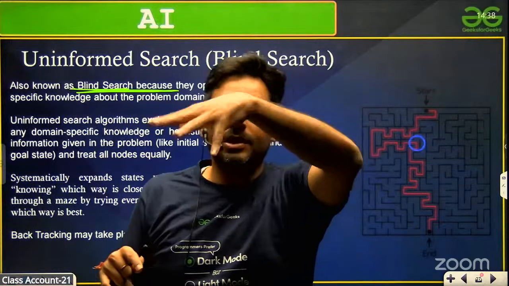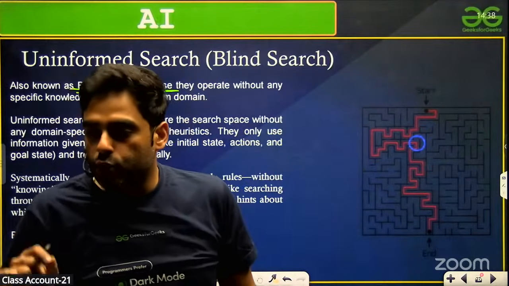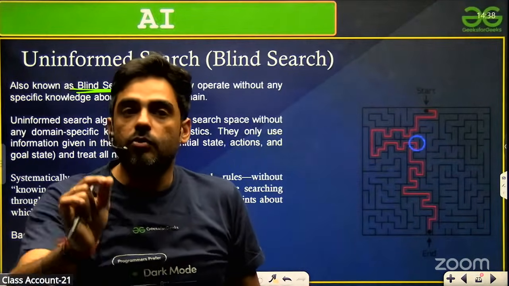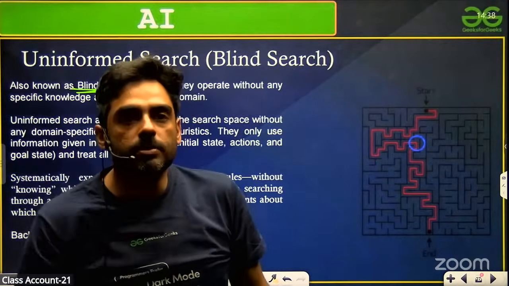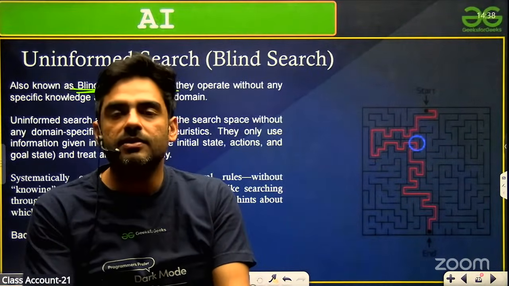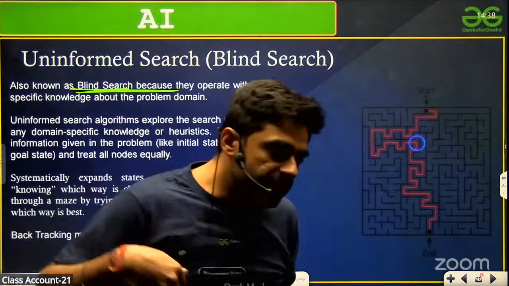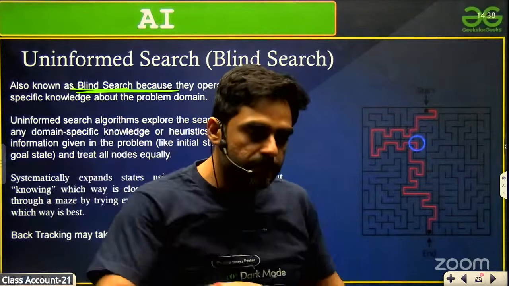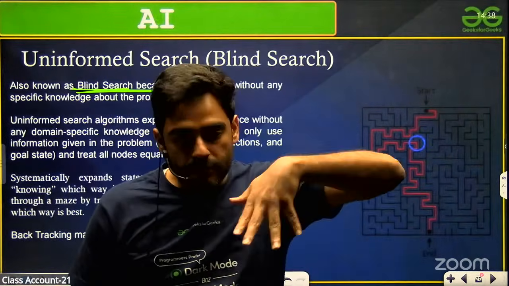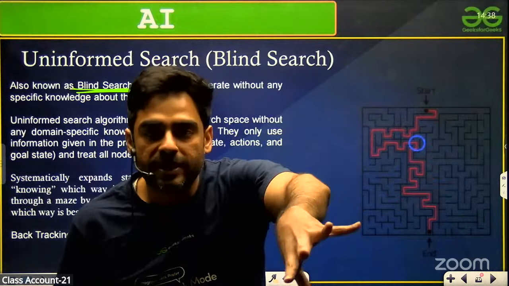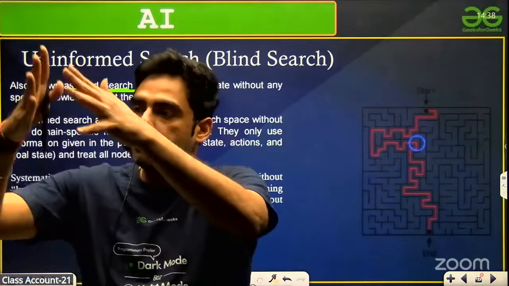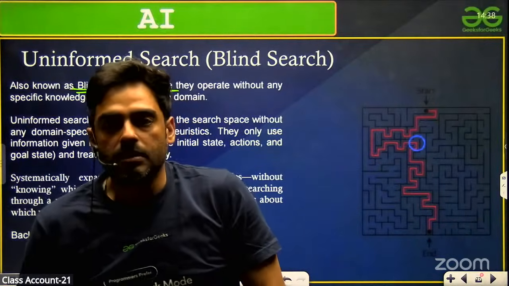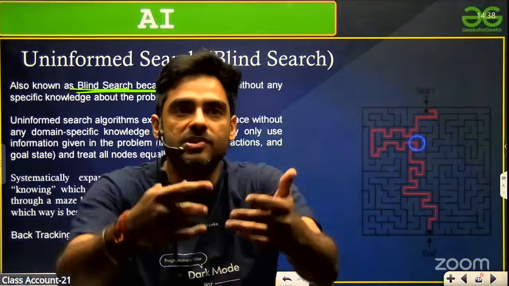Everyone is in their house and you want to reach your friend's house. What is the first thing you would do, or what approach would you be using? You have only a single approach: visit every path. Go on one path and search whether you've reached your friend's home. No, just backtrack, then go to the other path and see whether you have reached. No. Then go to the third path and see whether you have reached.